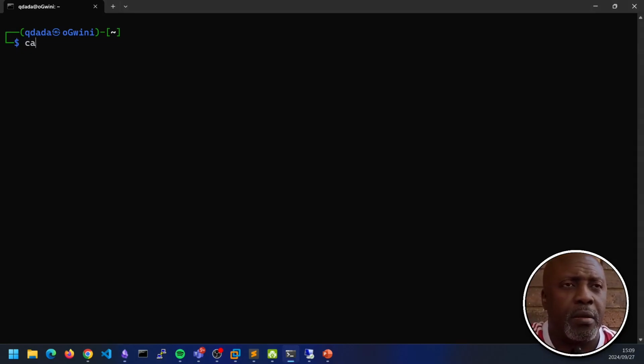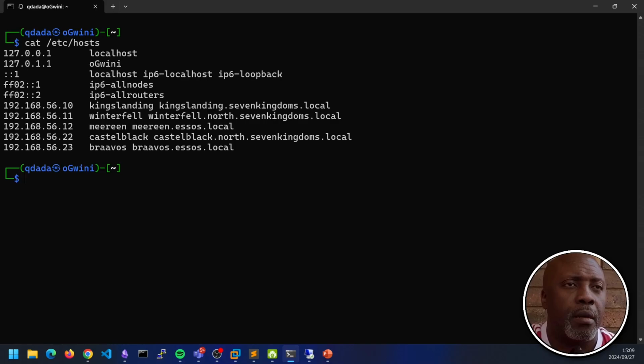Let's remind ourselves of the IP addresses and host names. We've got the main box being King's Landing, and then we've got the others: Winterfell, Meereen, Castle Black, and Braavos.